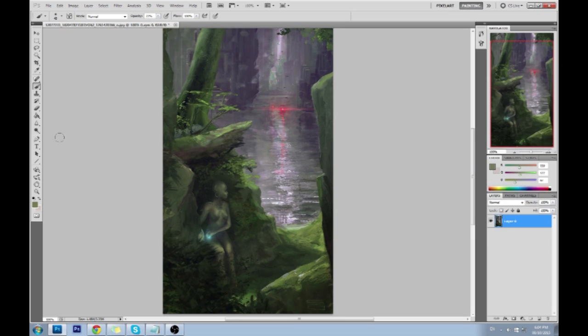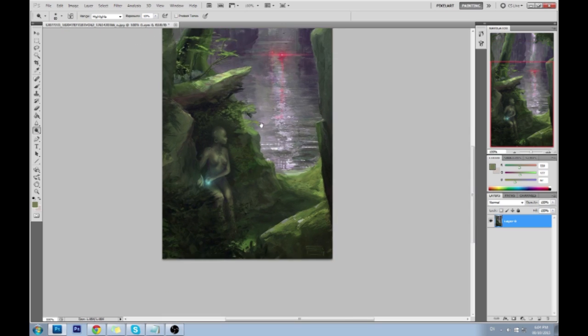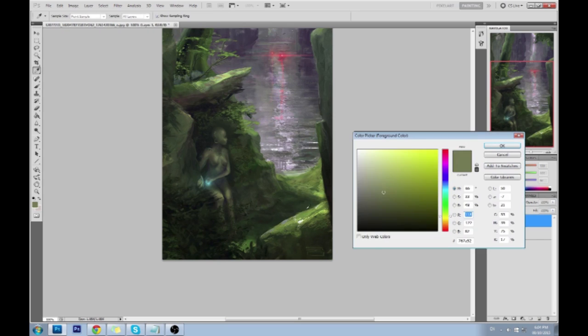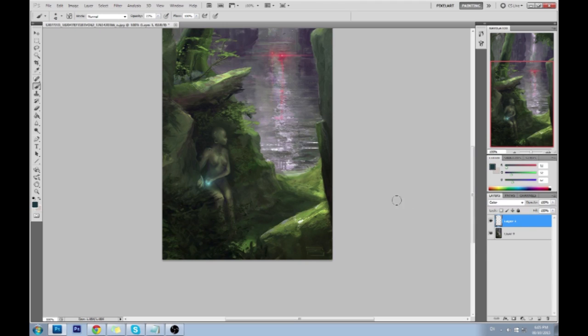Before I do a before and after, because the light is traveling this way, we need to represent that the light is that strong. So we need to bring in some of that green. And what happens when we are in a state of cast shadow, we have to cool down shadows. So we're going to get a green that's cooled down, but we don't go to purple to cool down the green. We go to the nearest friend to purple, which is blue. And so we have to choose a blue that's from down here on a color layer, and I'm going to cool down these shadows ever so slightly. Everything is going to have that level of purple to it. It's not purple though, but it's the nearest neighbor.